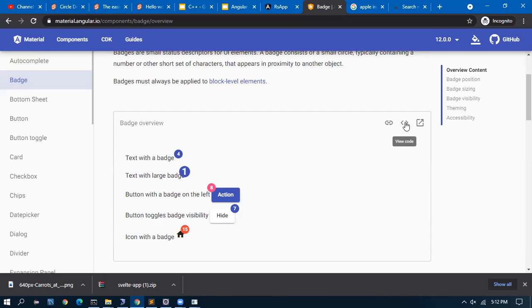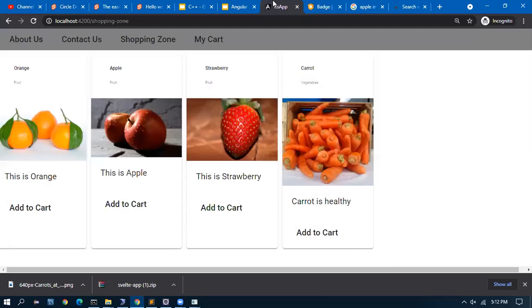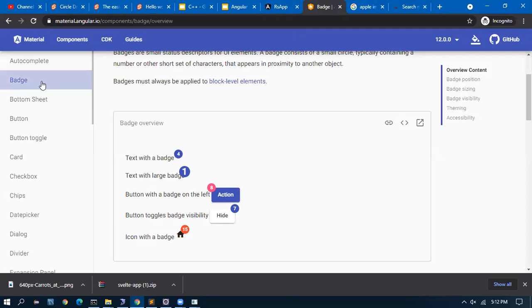What we will do is, at the corner here we will show a shopping cart icon. Above that we will show how many items are there in the shopping cart. So if you go here, there is a badge, and the last one, if you see, these are the possibilities in which we can use the badge.